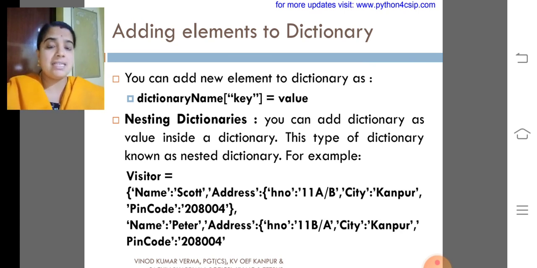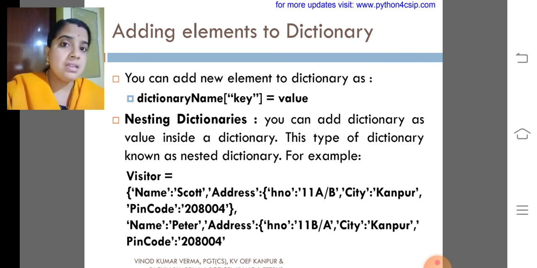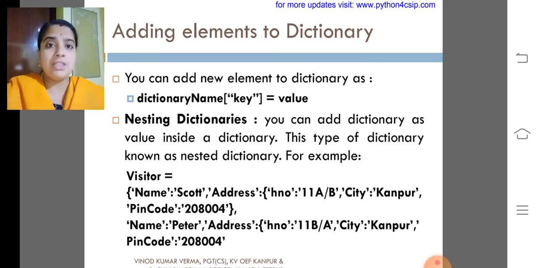As we discussed, here it has 4 elements: name 1, address 1, name 2, address 2. There is a small mistake in this print. That is name 1, name 2. We should have given 1, 2 for name, address also 1, 2. Here what are the nested dictionary keys I used? Address 1 and address 2.